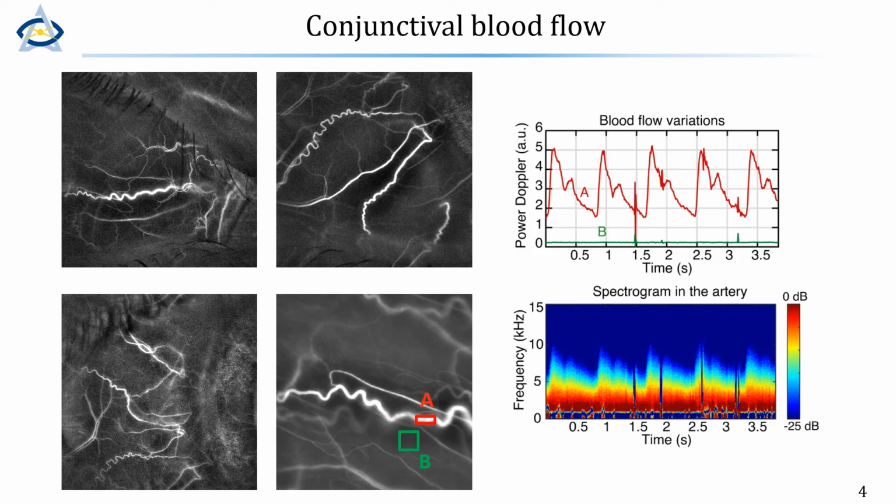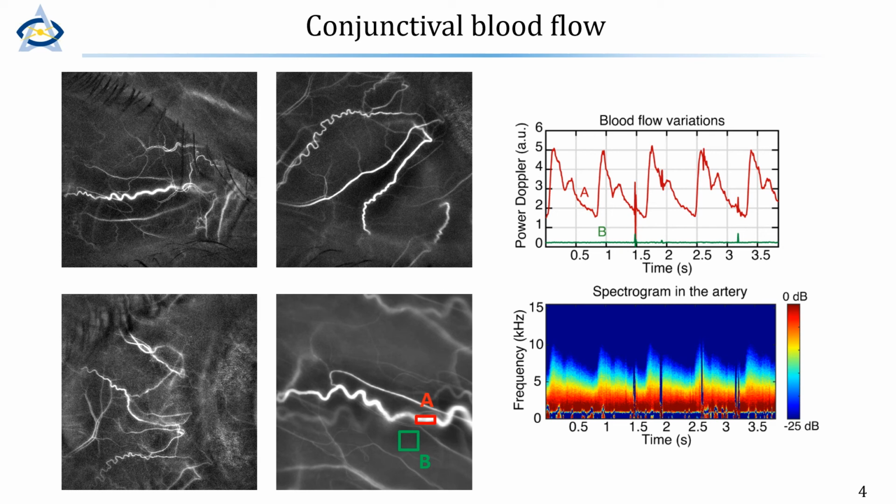So we just need to use the same instrument as usual, set the eye of the subject a little bit backward to increase the size of the field of view, and conjunctival vessels can be directly revealed actually quite easily. And we can measure the variations of blood flow the same way we do it in the retina, and we have a quality of blood flow measurement that is sufficient to assess, for example, the vascular resistance through the resistivity